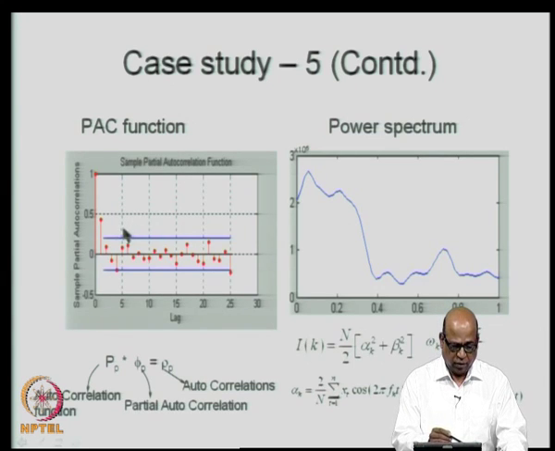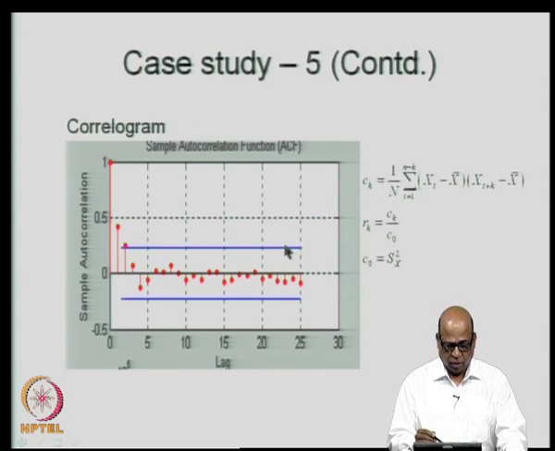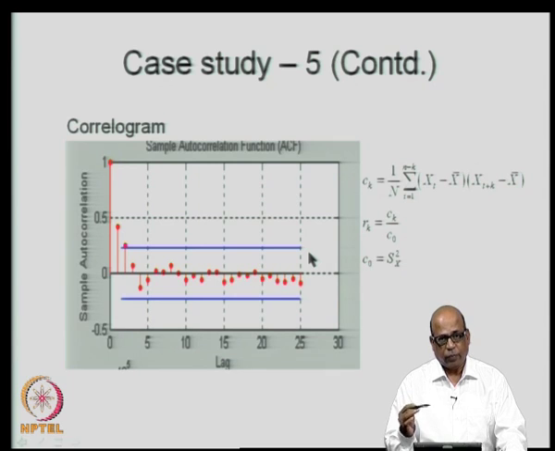Again, as you can see here, there is only one partial autocorrelation that is significant, that is at lag 1. These are 95% significance bands. Similar to the correlogram, how do we formulate this? This is by taking 1.96 by root n on either side of 0, or you can use as an approximation 2 by root n, that is 1.96 by root n, or simply 2 by root n you can take, and